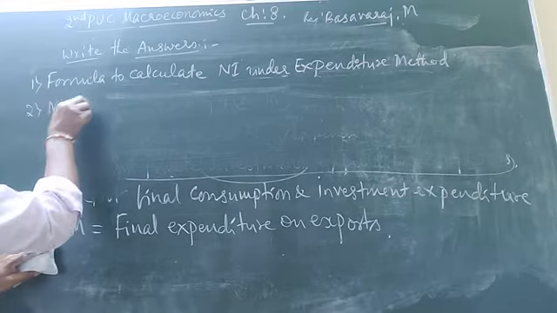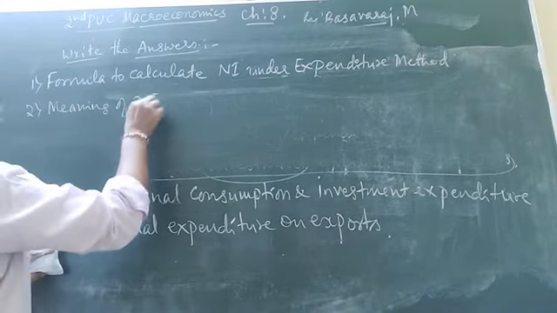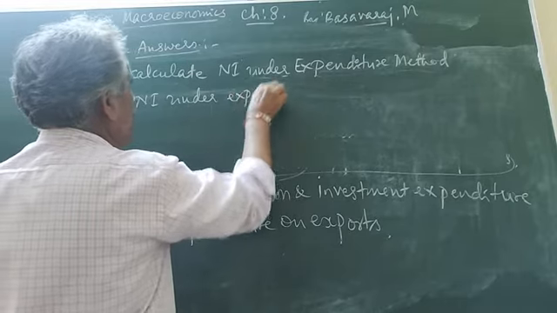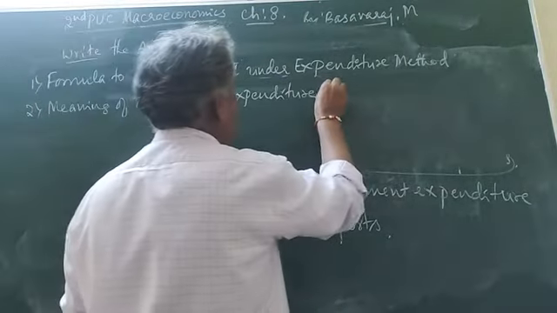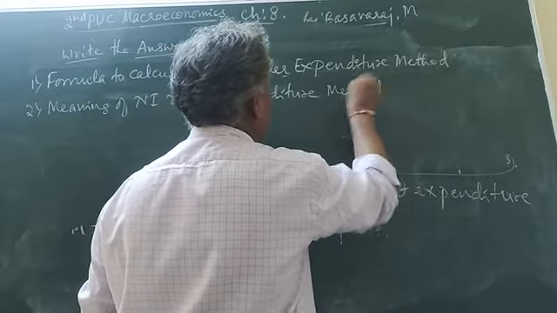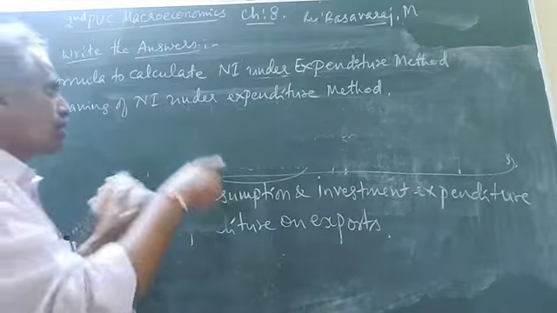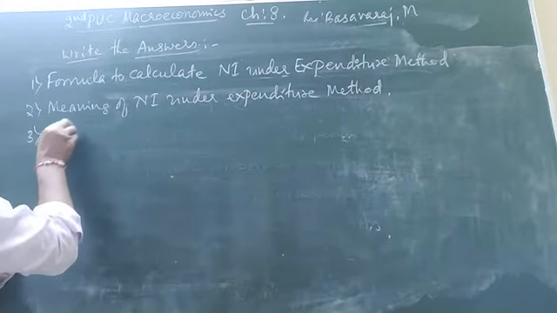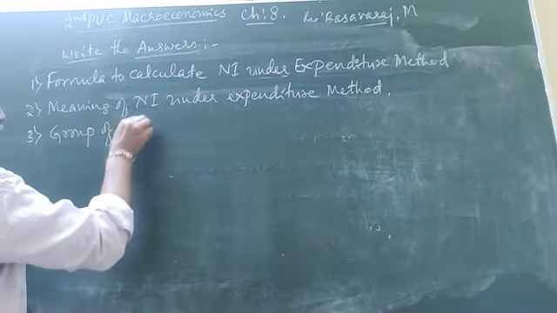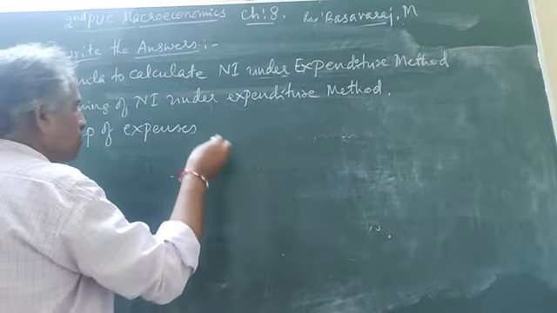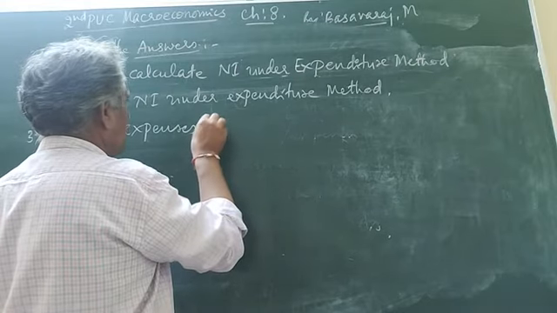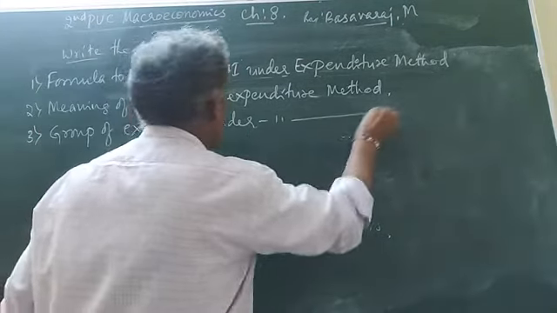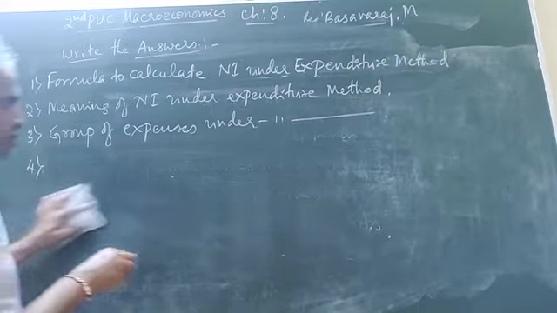Second, meaning of national income. Third, it is measuring of national income under the expenditure method. Fourth one,